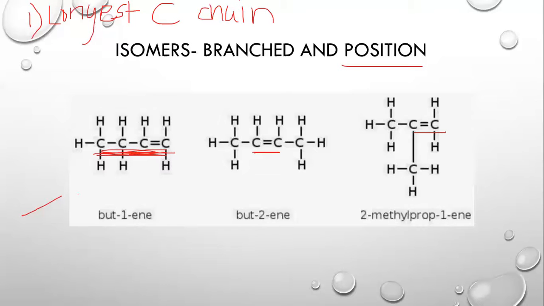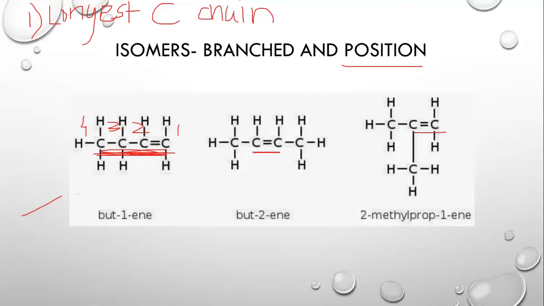We are going to choose the direction by the rule that wherever the functional group is nearest, we start numbering from that side. The functional group is nearest to the right side. So we will number from right to left: 1, 2, 3, and 4, and the functional group is between carbon atoms 1 and 2.